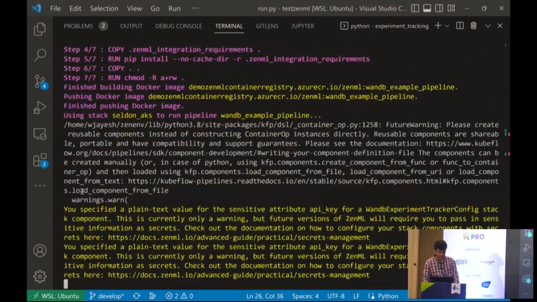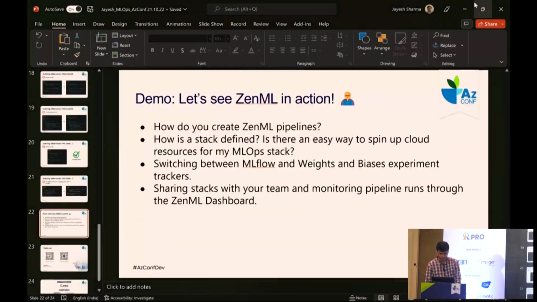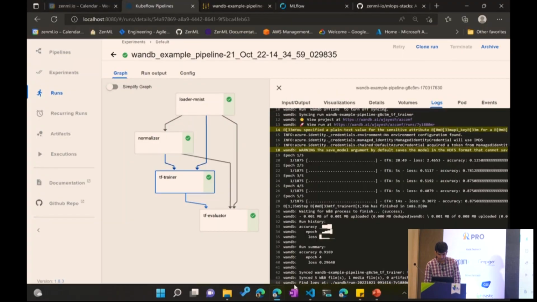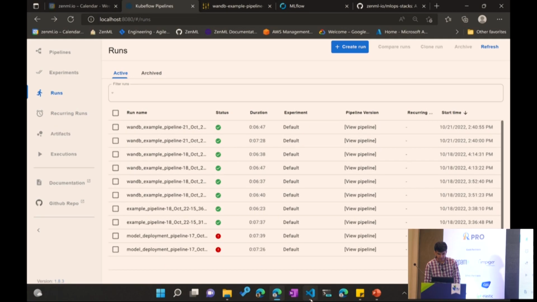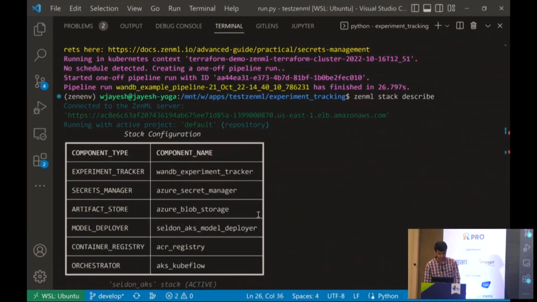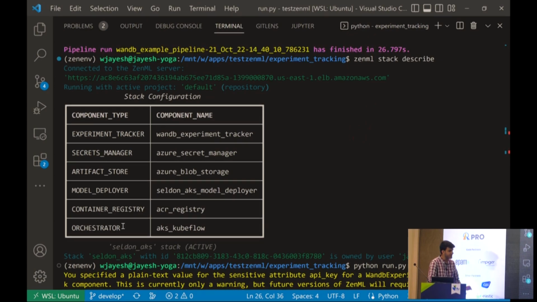So this is the stack. This is building the image. It has pushed the Docker image right now. So yeah, I think now we can go to the Kubeflow thing. Right now, this stack which I'm using, if I go back to the table here, you can see the orchestrator is AKS Kubeflow, right?